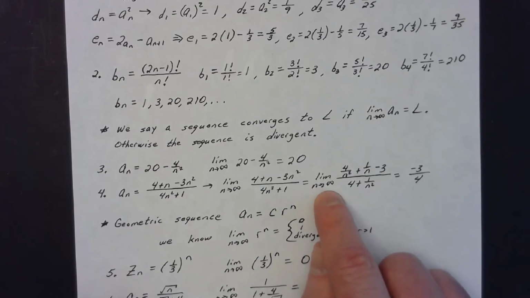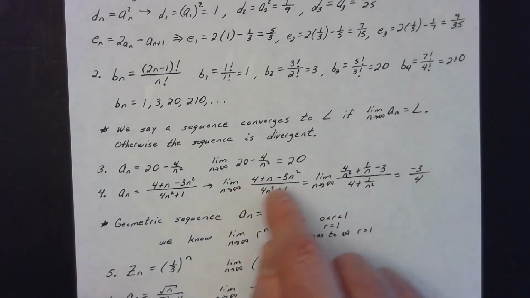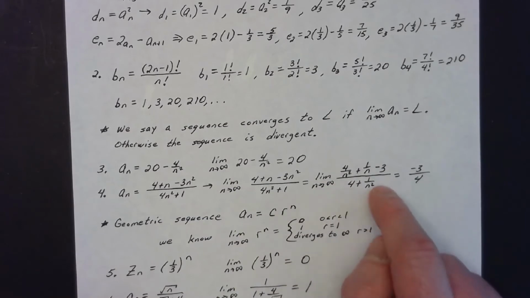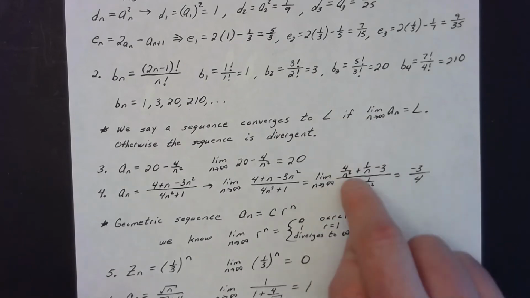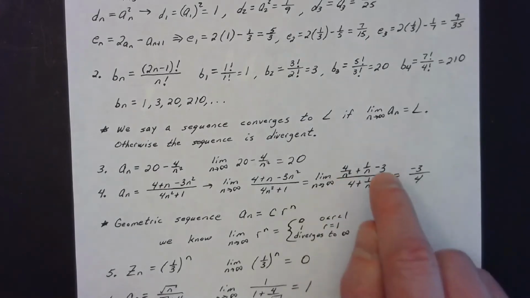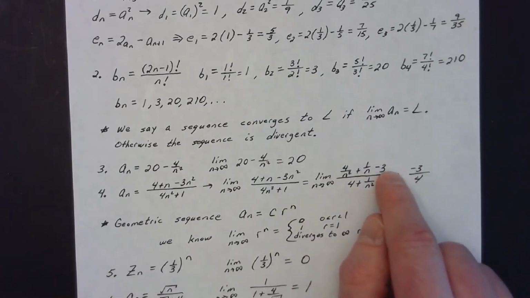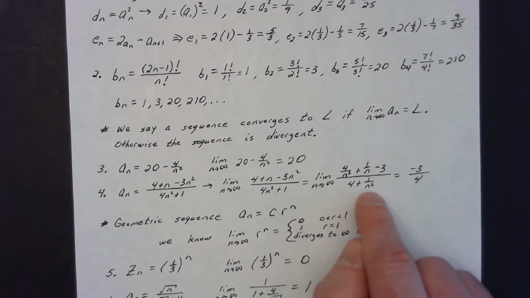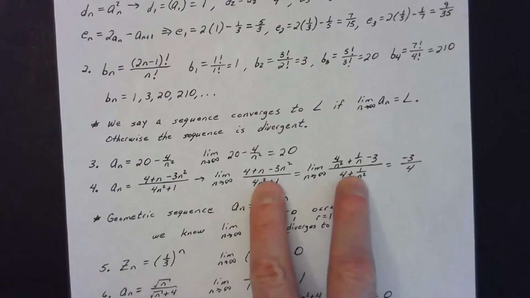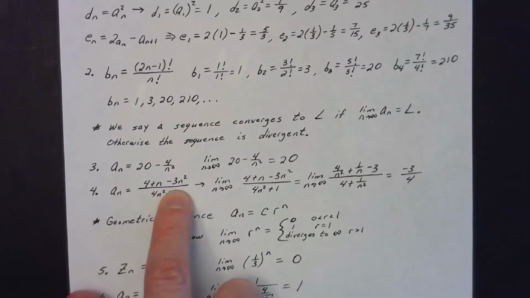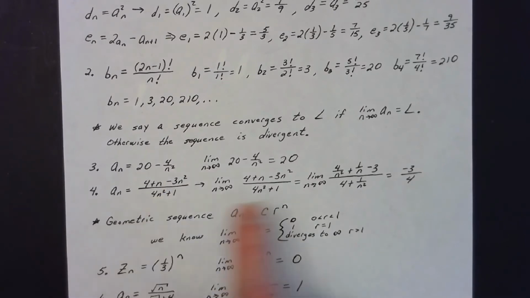Now, take the limit as n approaches infinity. We've gone through and divided every single term in there by n squared, which is a legal algebraic maneuver. But now if you take the limit, we know any finite number divided by a number going to infinity is 0. So in my numerator, that term is 0, that term is 0, clearly my numerator is just negative 3. My denominator would be 4 plus 0, so that shows you your answer is negative 3/4. Now, do you need to go through this step if you can just look at the beginning and say, hey, that has a limiting value of negative 3/4? Absolutely not. You can just say this sequence converges to negative 3 over 4.